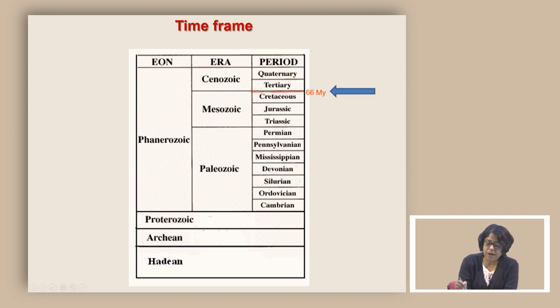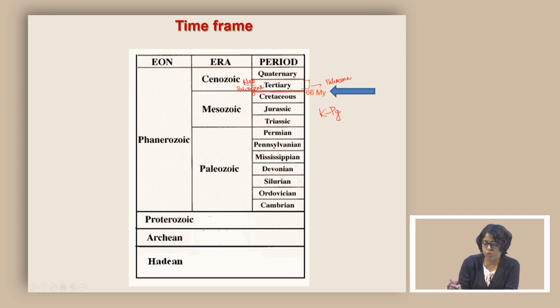Now, when we divide the age Tertiary, the first part is called Paleocene, and if we divide it into two parts, then it is called Paleogene and Neogene. Now, because of this, often the Cretaceous and Paleogene boundary is called KPG